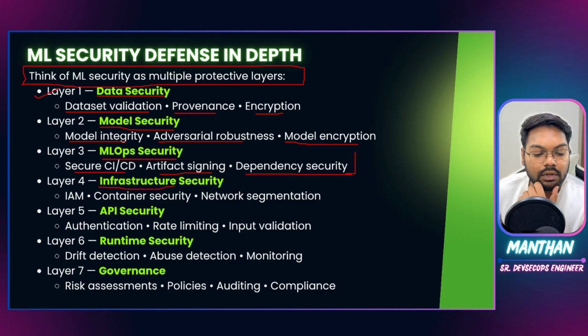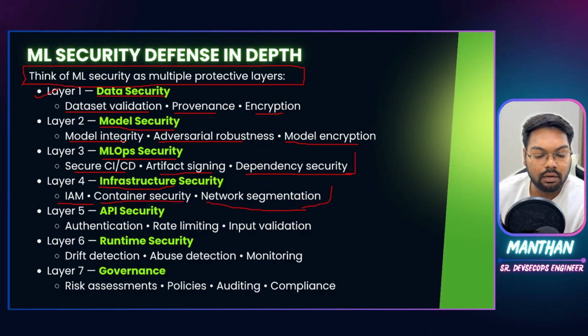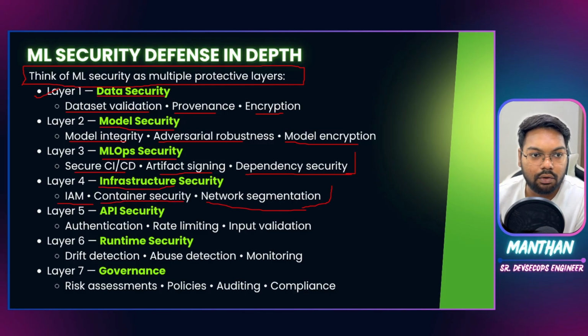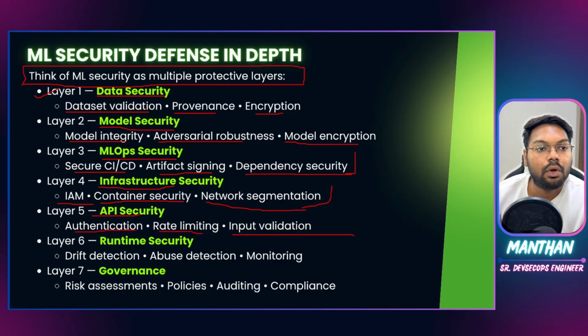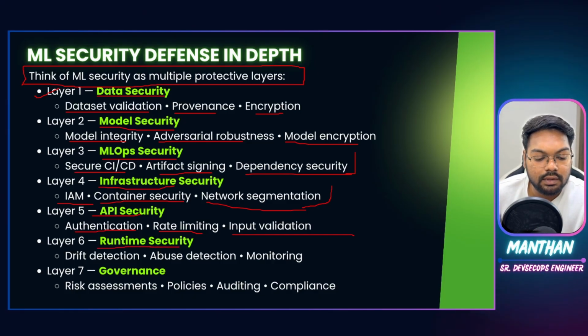Then infrastructure security is like using IAM, identity and access management, container security, and then network segmentation to prevent attacks on availability, and disruption of this particular infrastructure. Then API security: authentication, rate limiting, and input validation should be done over the API systems that we are using for these applications. Next layer is runtime security, wherein we would